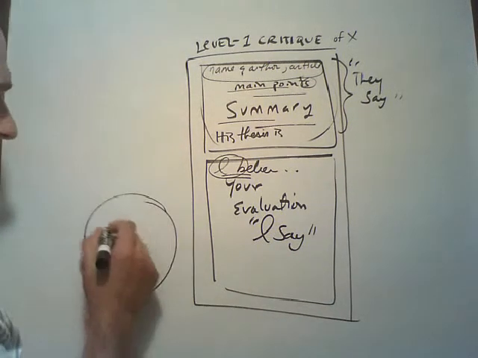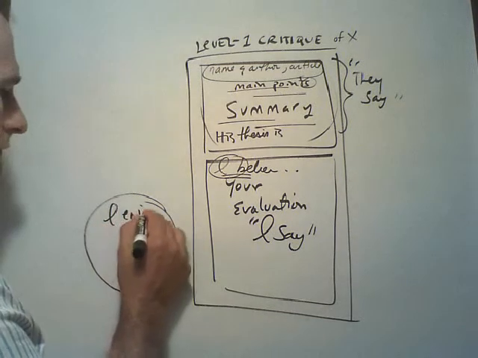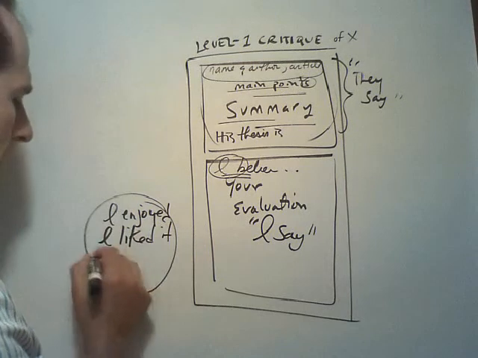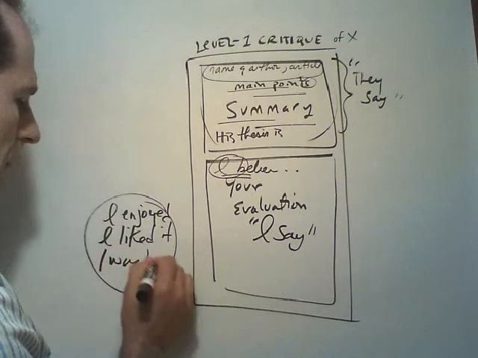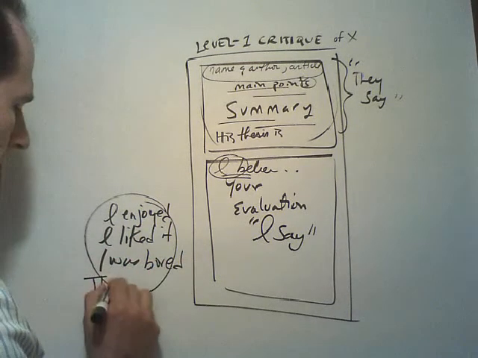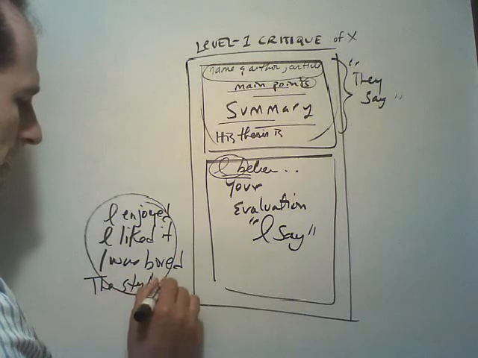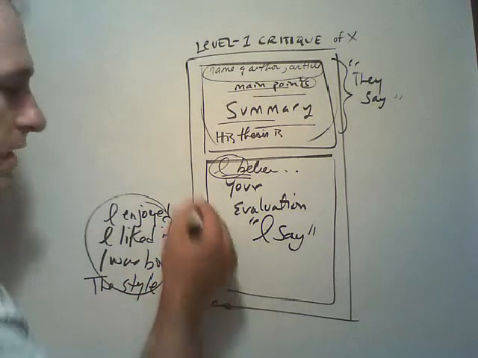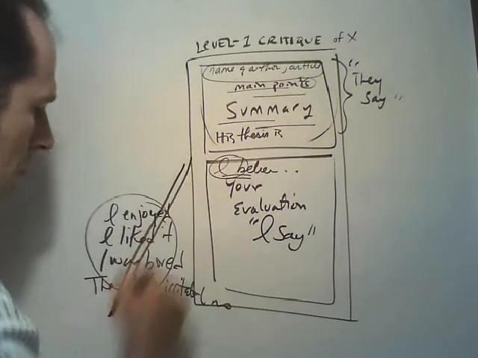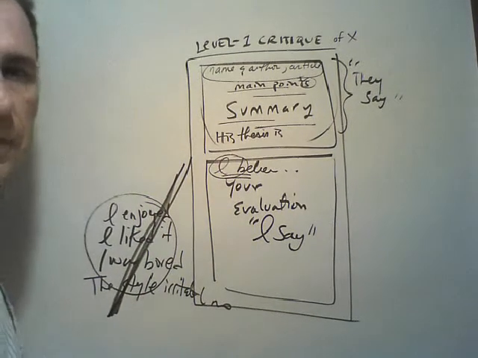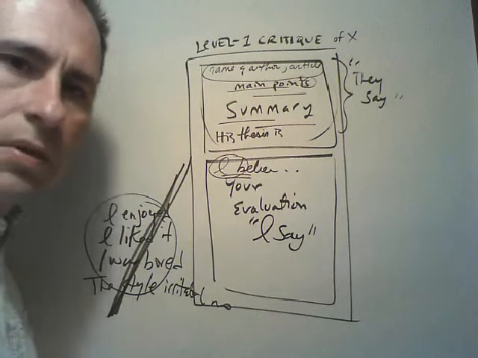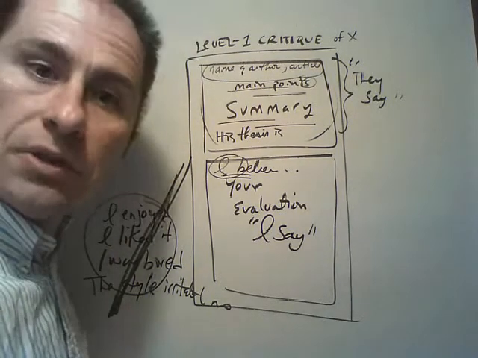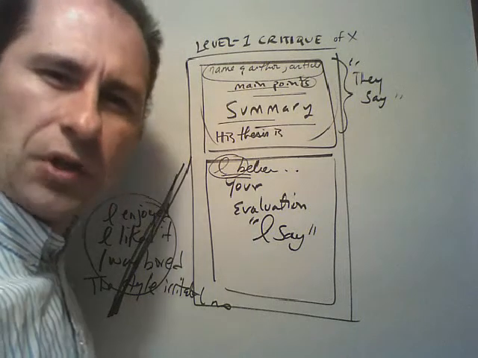So do not mention things. I'll put it over here. I enjoyed it. I liked it. I was bored. The style irritated me. That sort of thing. I'm just going to put a big line across that. Don't mention those things. Because who's the world's most authority on what you like, on what you enjoyed, on your evaluation of your own experiences?